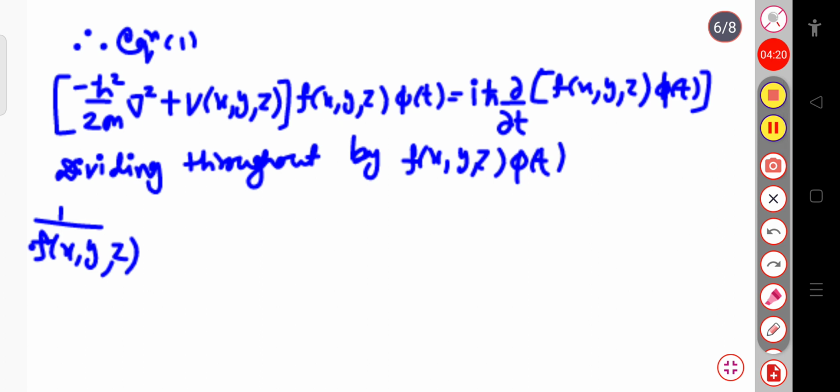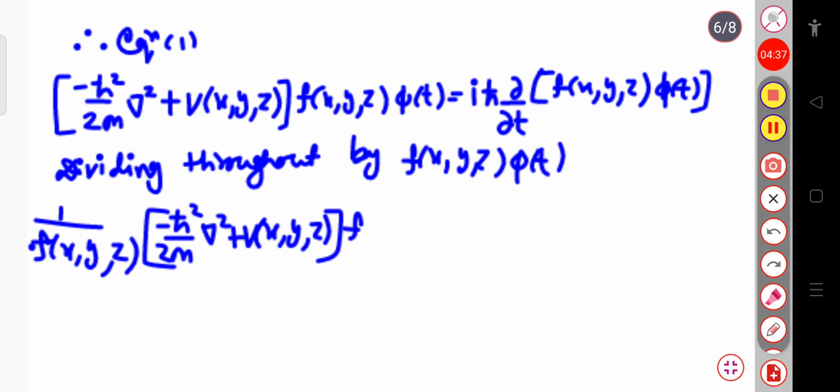So phi of t and phi of t get cancelled, and the remaining term will be minus h cut squared divided by 2m into del squared plus V of xyz into f of xyz. That is, the kinetic energy operator and the potential energy operator operate on f only, since phi is constant and this operator does not depend on the time coordinate, and that is equal to,